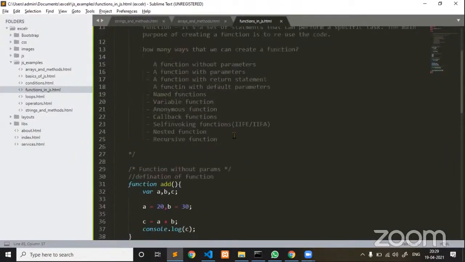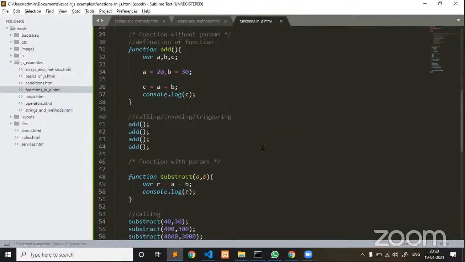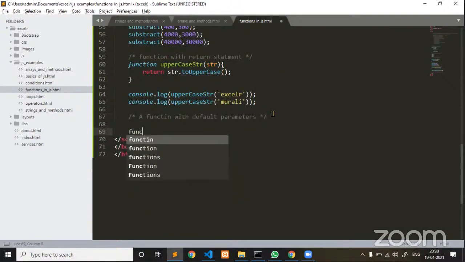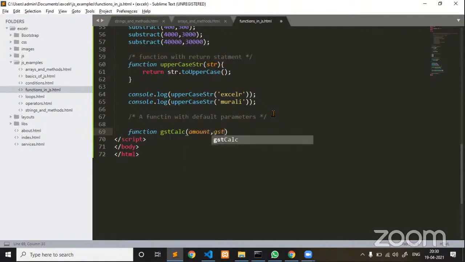Next example, function with default parameters. So let me give an example for a function with default parameters. Function followed by function name, GST calculation. Here, amount, comma, GST percent is equal to, by default I am just giving 18%.